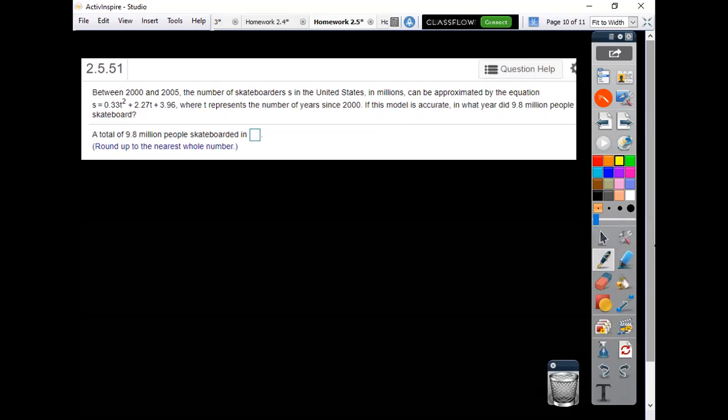All right, Algebra 2, problem 2.5.51, Math Excel homework. Between 2000 and 2005, the number of skateboarders S in the United States, measured in millions, that's important to remember, this is in millions, can be approximated by the equation. And so there's our quadratic,